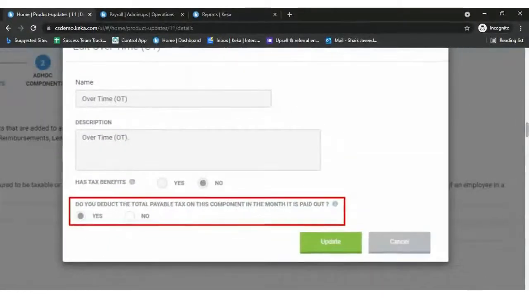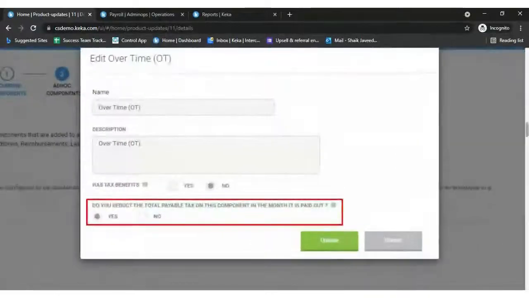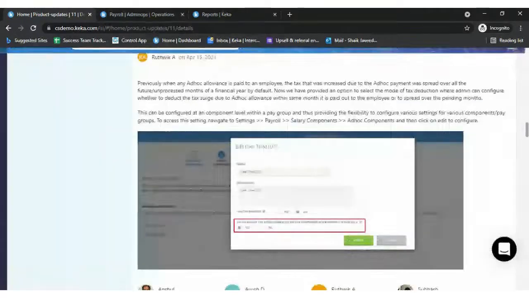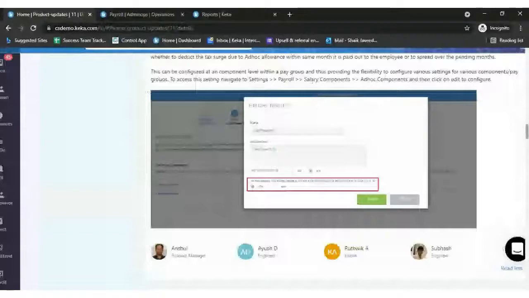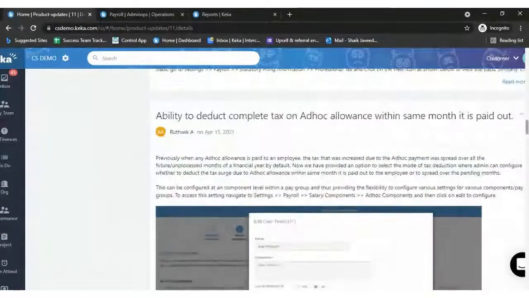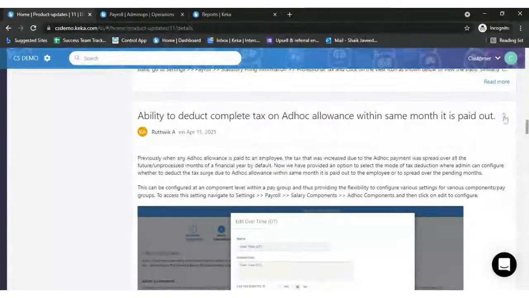Whenever you are creating any ad hoc component, it asks whether it has tax benefit, and whether you deduct the total tax payable on this component in the month it is paid out. If you want to deduct all that tax in the same month, you can enable that as yes. If you want to bifurcate it across all the months, you can select no.